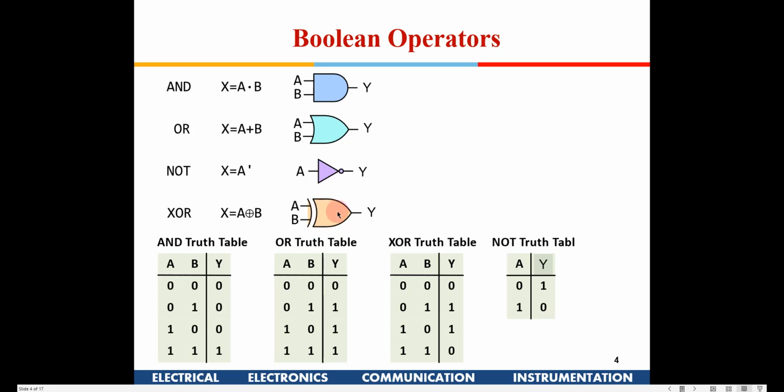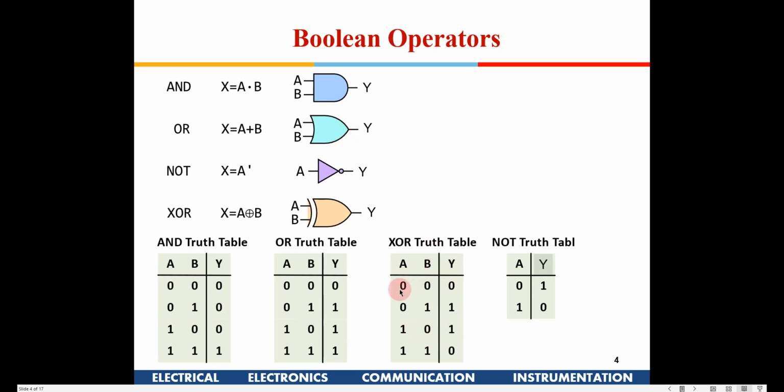This is also an important gate, and in CMOS this can be implemented directly with transistors. For example, the NAND gate, which we are going to learn next, requires 4 transistors, and then you need to put an inverter which requires 2 transistors. Only then will you be able to synthesize an AND gate in transistors. So NAND and NOR are the universal gates. An AND is synthesized using a NAND followed by an inverter. That is the reason we will give a lot of importance to the NAND and NOR gates. Similarly, an OR gate is a NOR gate followed by an inverter.